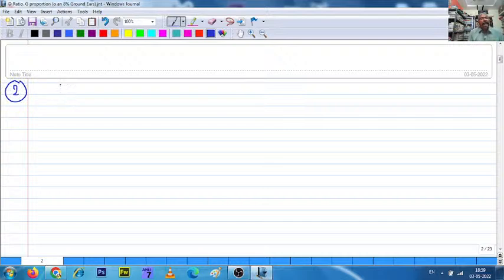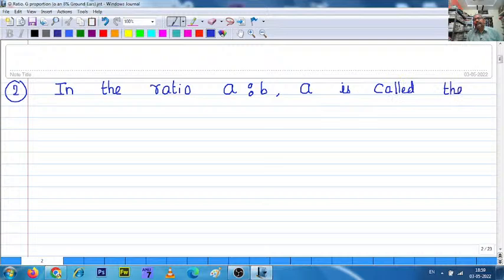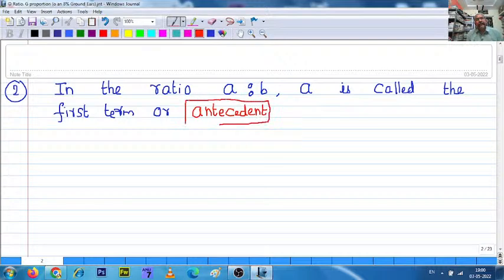So here in the ratio A is to B, A is called the first term, or, this is very important to note down, the antecedent. So A is termed as antecedent,